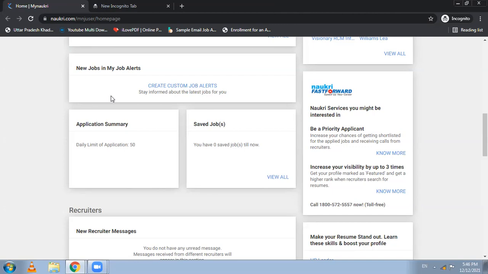So what are those exceptions? You can apply for a senior role or senior profile also, but definitely that company should be of low level, not of high level. Because if you search for high level companies, those companies would again create a problem, or they would have higher expectations.